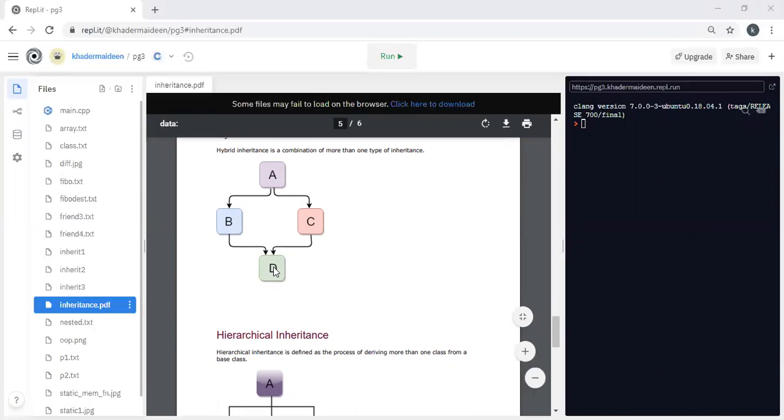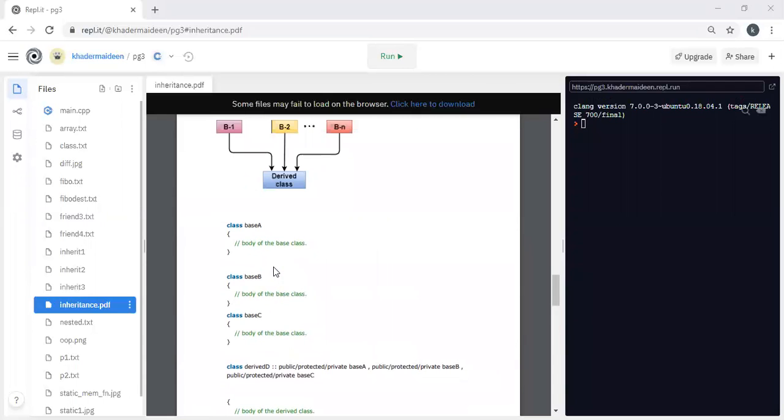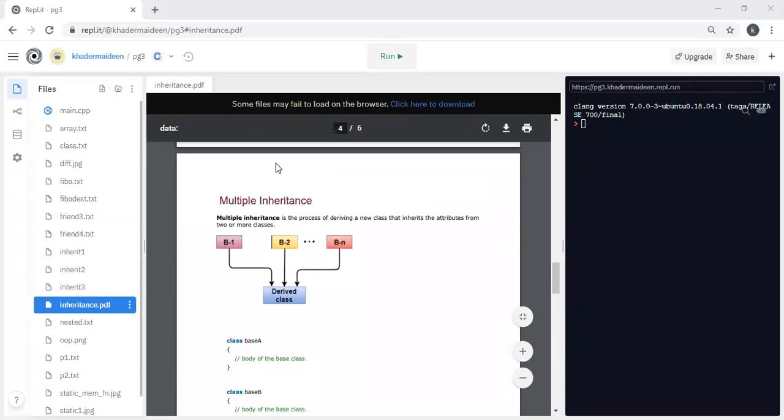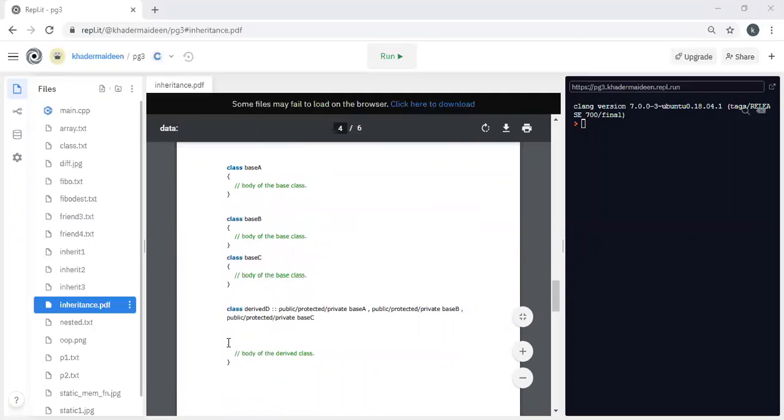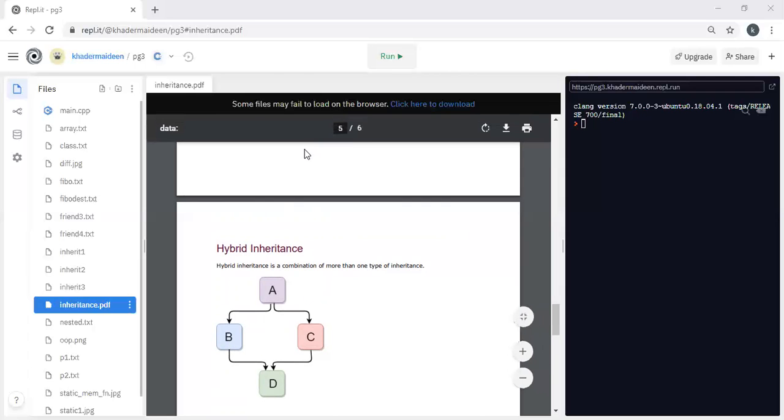Like that you can use multi-level inheritance along with multiple inheritance. What is called a hybrid? A hybrid means the combination of one or more types of inheritance. So how do you define it? Here I am using hierarchical along with multiple.